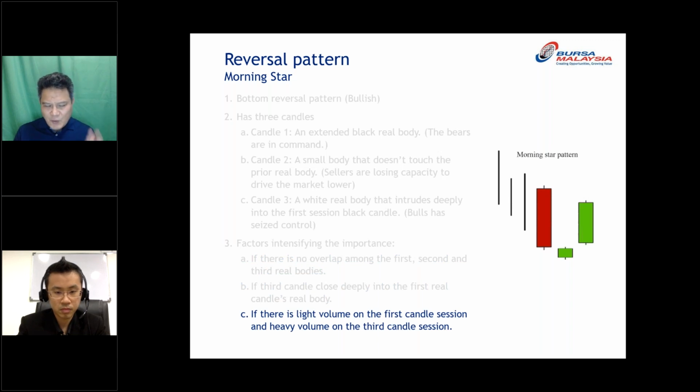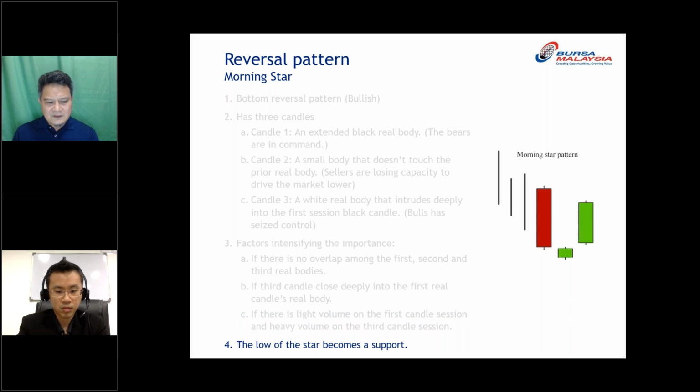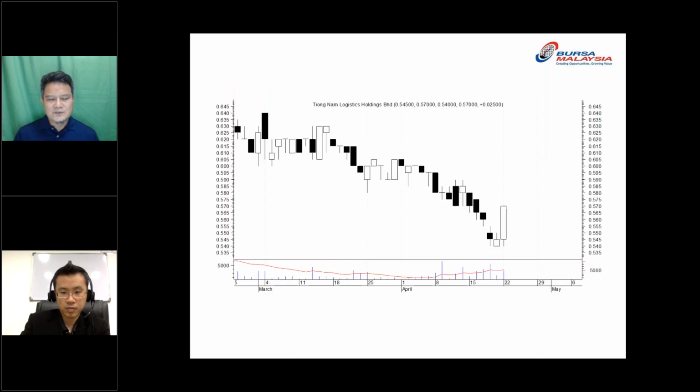Also, usually there is a light volume on the first candle and very heavy volume on the third candle. Okay, and the low of the star becomes the support. Usually the star, based on this small candle, is a support level. Okay, so for example, like this, you can see here that the price is dropping, and there is a